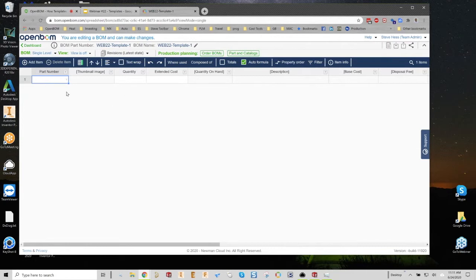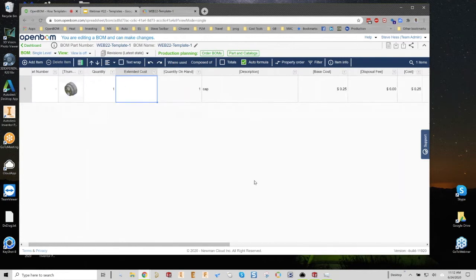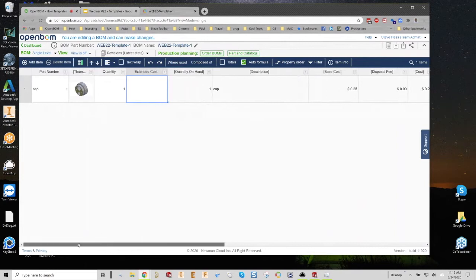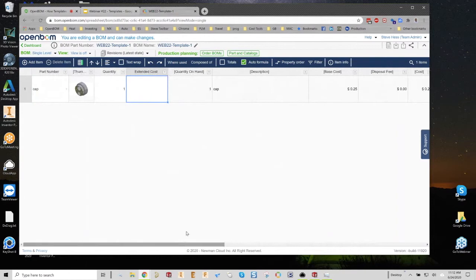So let's just go ahead and add a part to this just so we can kind of get a sense of what it looks like. I'm going to go ahead and add some part out of my catalog. Okay, let's see here. Let's make this a little more readable. Okay, we can see that we brought in the cap, we brought in a part number, and we brought in some other information, costs and base costs and disposal fees, and lots of information about that item came into our